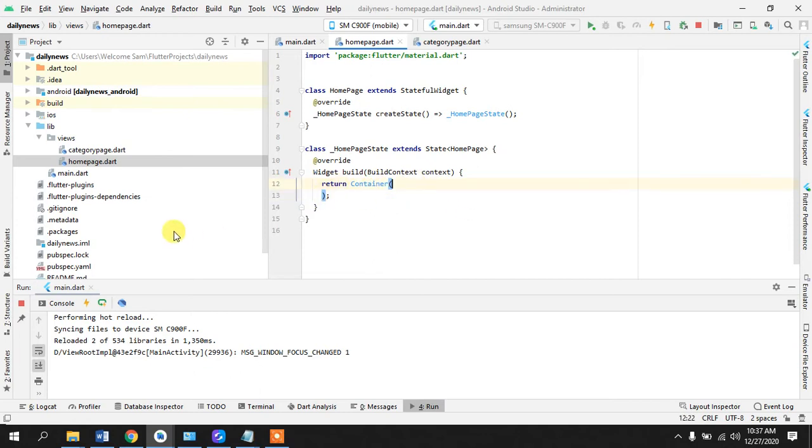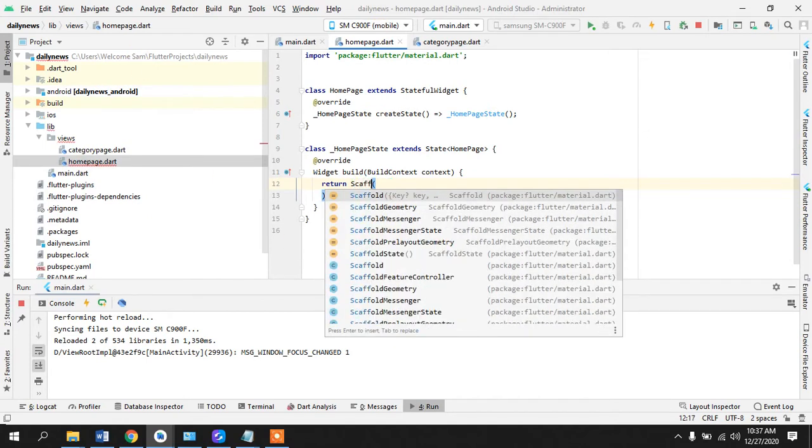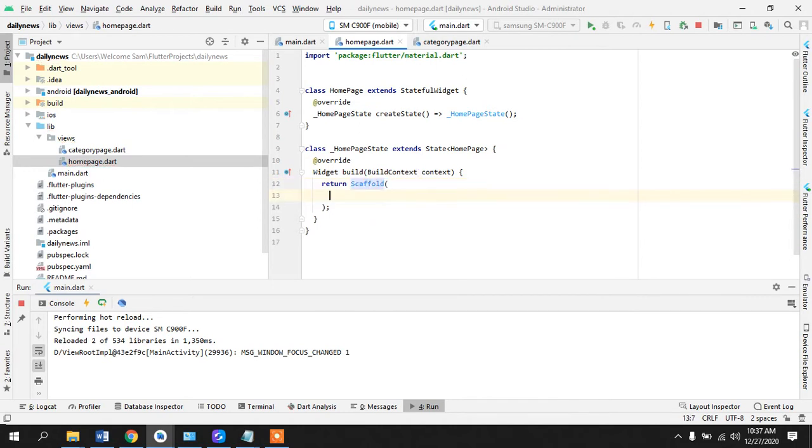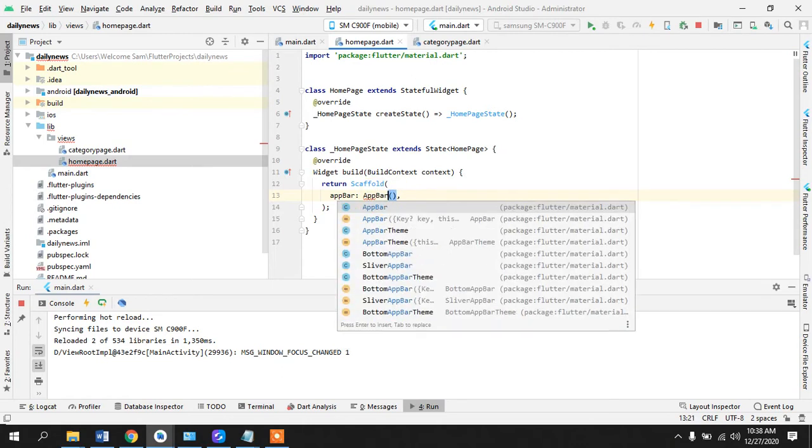So yeah, first of all we will return a scaffold, and in scaffold we'll take an app bar. These are widgets, and in Android, in Java you can call them views, and in Dart they are called widgets. So app bar,